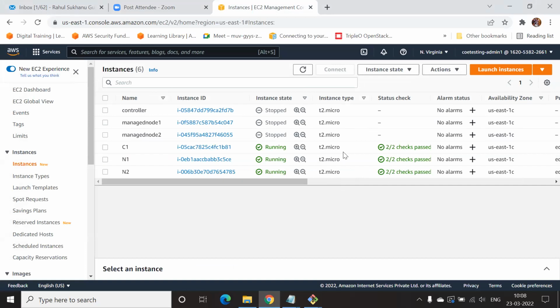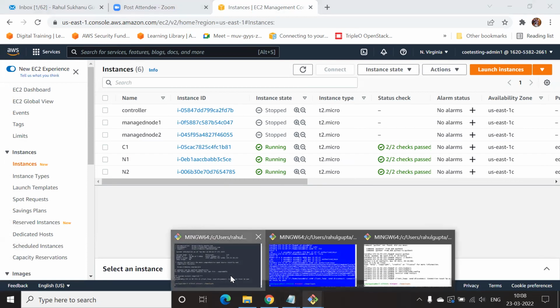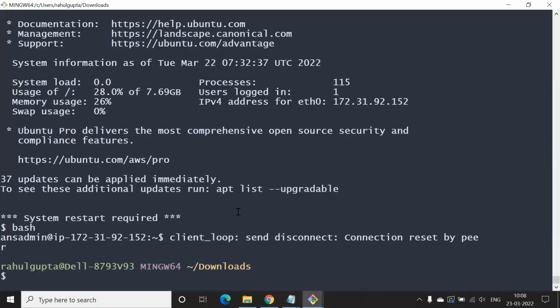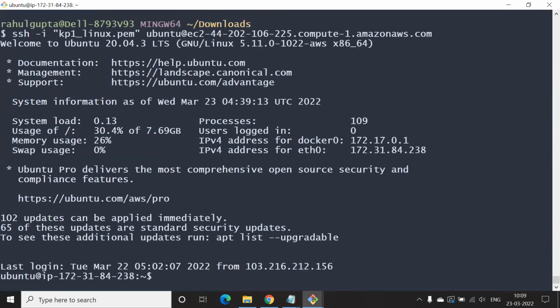Yes. Just go ahead and log into the controller node, which is, I think, the C one. Okay, you're already there. You're using the Git Bash and Ubuntu. All right.